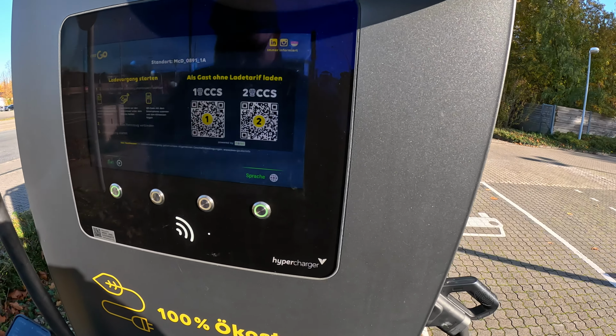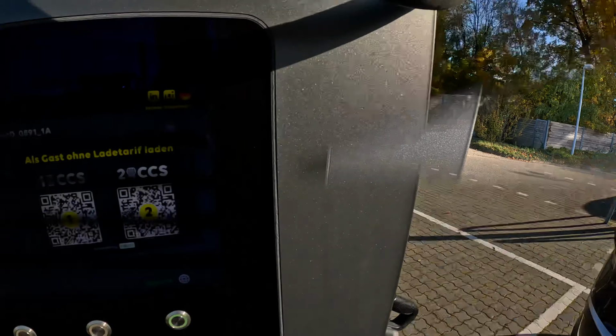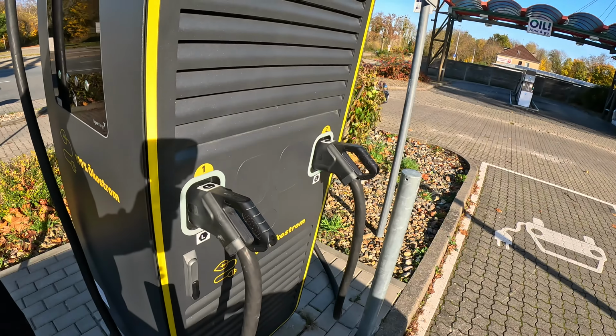Okay, let's log in. Number 1. Tried to scan the code here, and then he said the whole charger is not available. And then you can see the charger is actually available. I don't know what the problem is here, but they said the charger is not available. So the charger